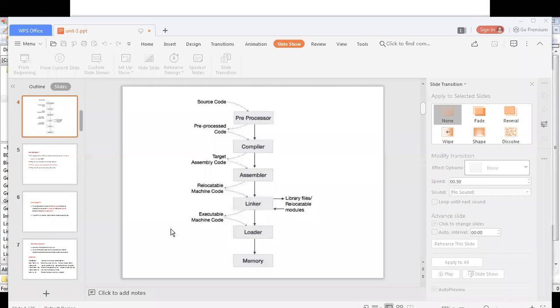Now, what is the role of the loader? What will it do? Again, we have one more part, the loader. What is the duty of this loader? The name itself gives some clue. See, the name is giving a clue. You are somewhat okay. Change that word slightly, instead of storing.